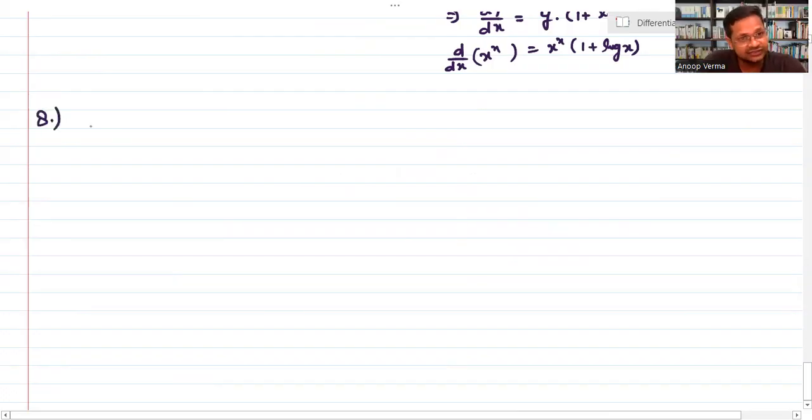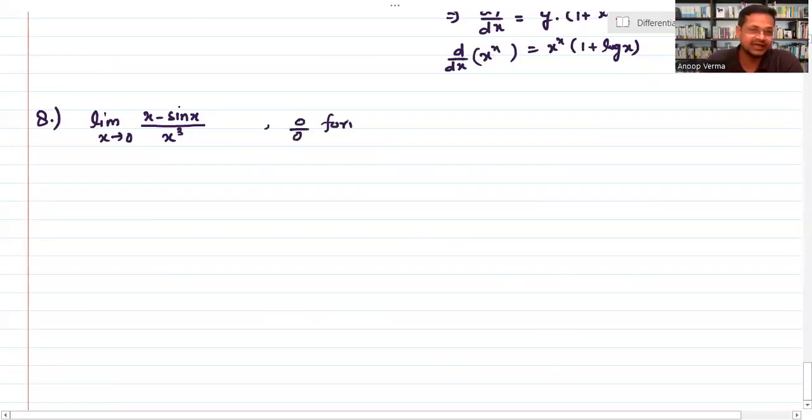Question number 8. This is your limit x tending to 0, x minus sine of x divided by x cube. ओके, तो आइए इसमें अगर हम जीरो रखते हैं तो इट इज अगेन 0 by 0 फॉर्म. We can also again apply the L'Hospital rule. It will be limit x tending to 0. x का तो 1 हो जाएगा. cos sin का होता है cos, तो this is cos x divided by 3x square